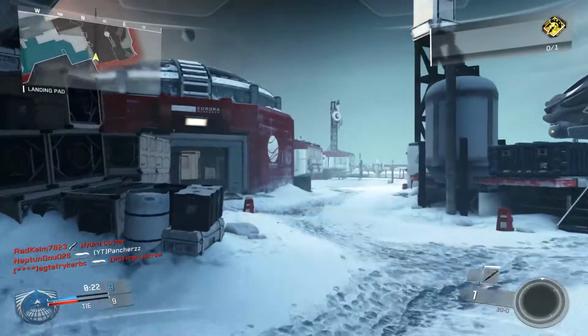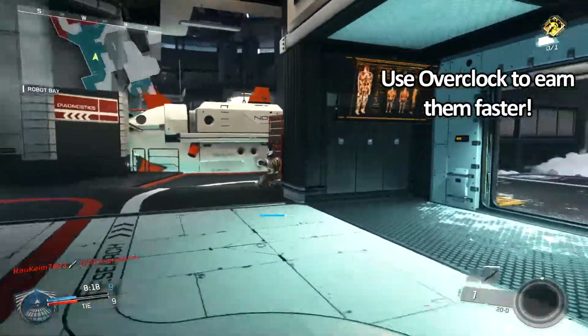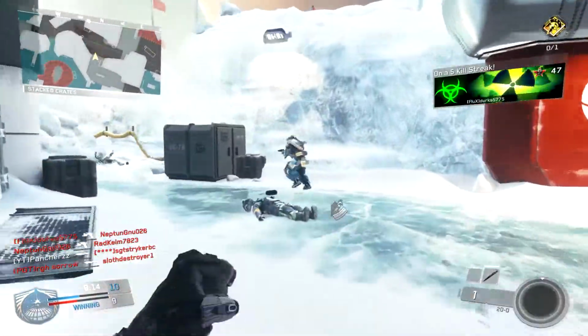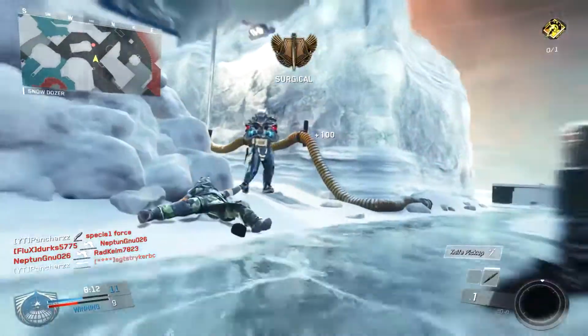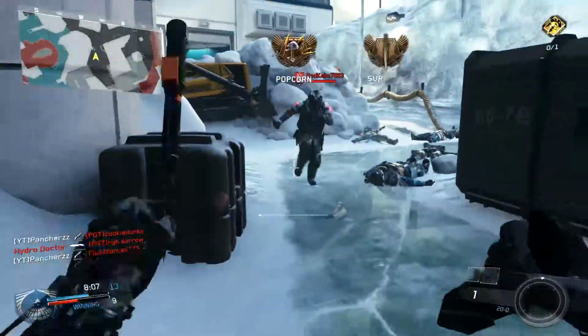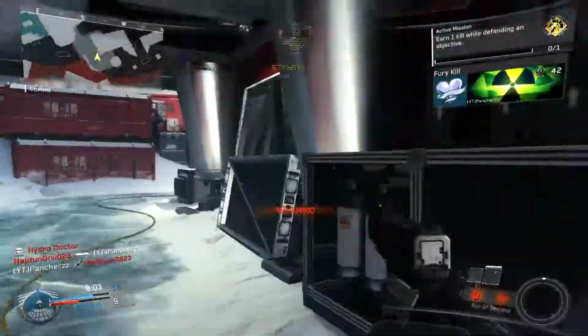If you find this tactic especially useful, use the Overclock perk as well, just to earn them a little bit quicker. I didn't find that it was too much of an issue earning it in game modes like Team Deathmatch, where you earn it quite quickly, but in some of the longer game modes like Domination, you may want to run Overclock as well. So the first challenge that you're going to need to do is to get 100 kills